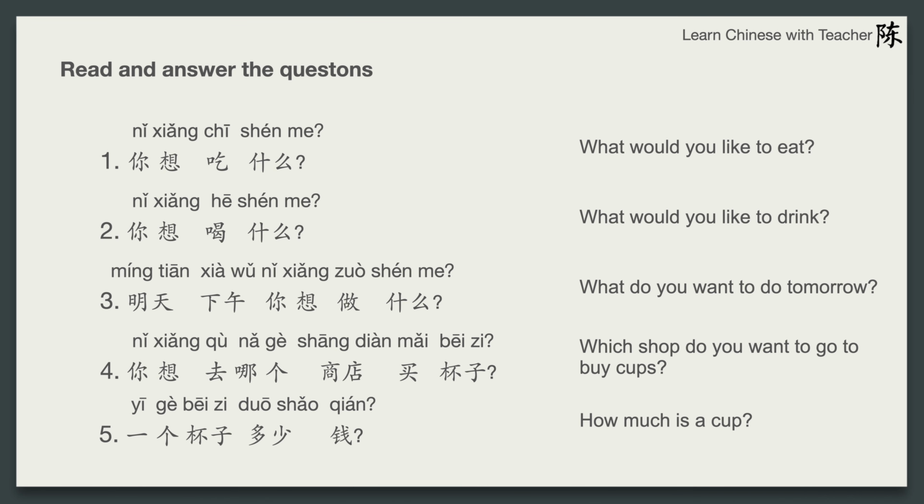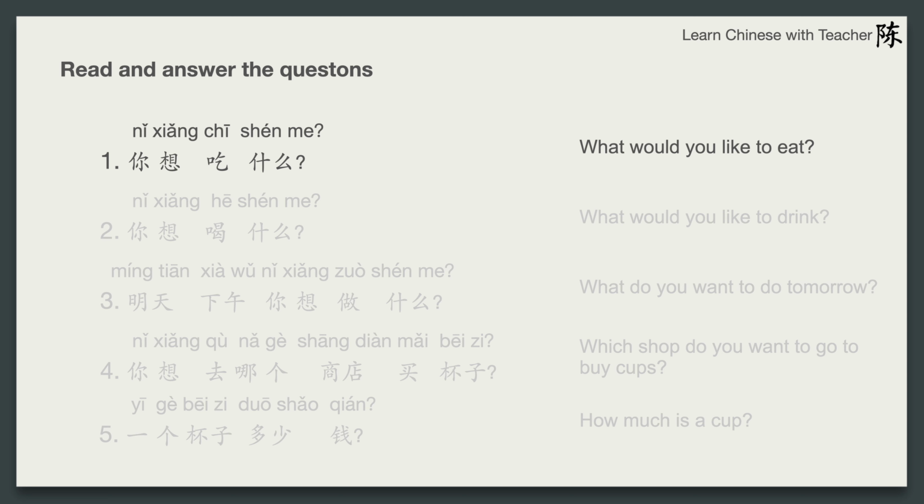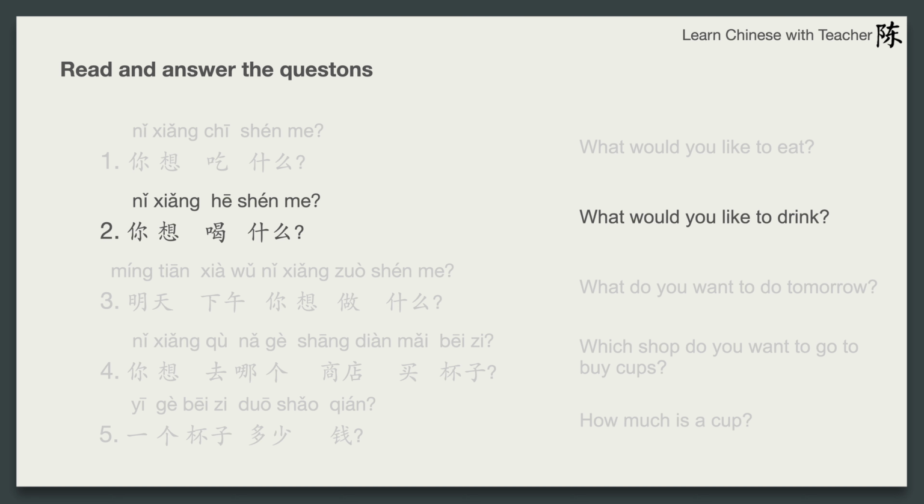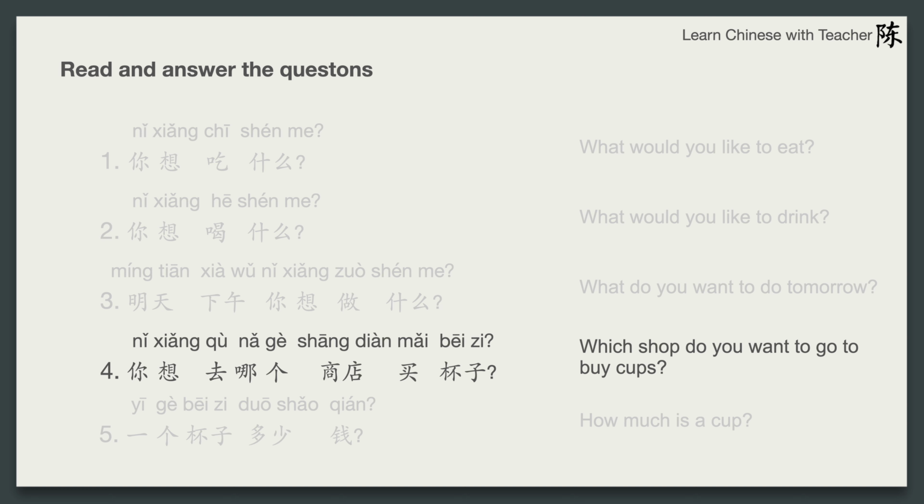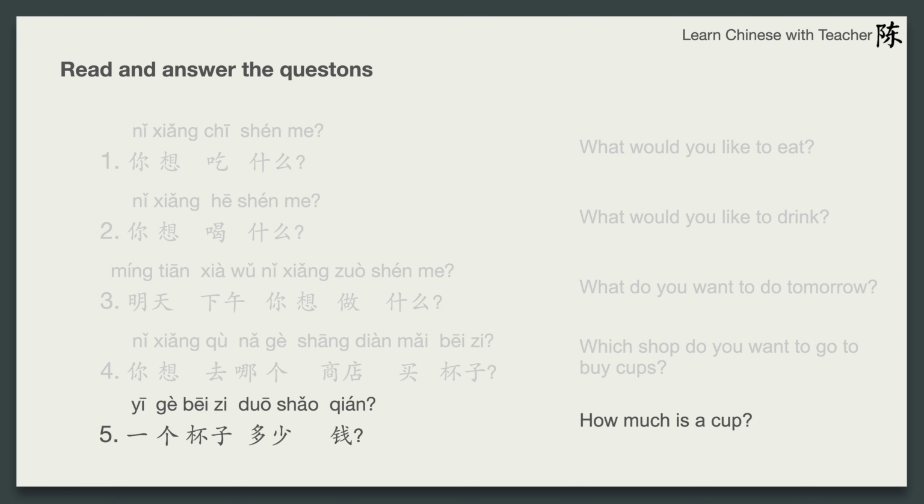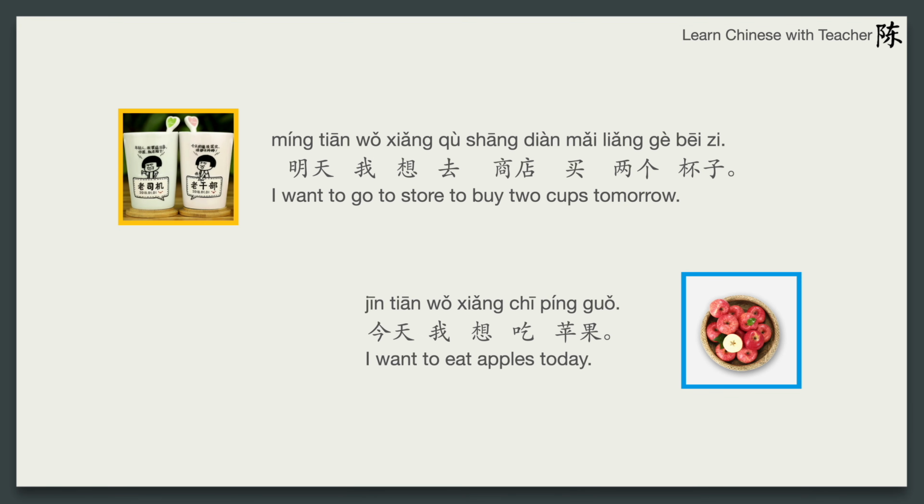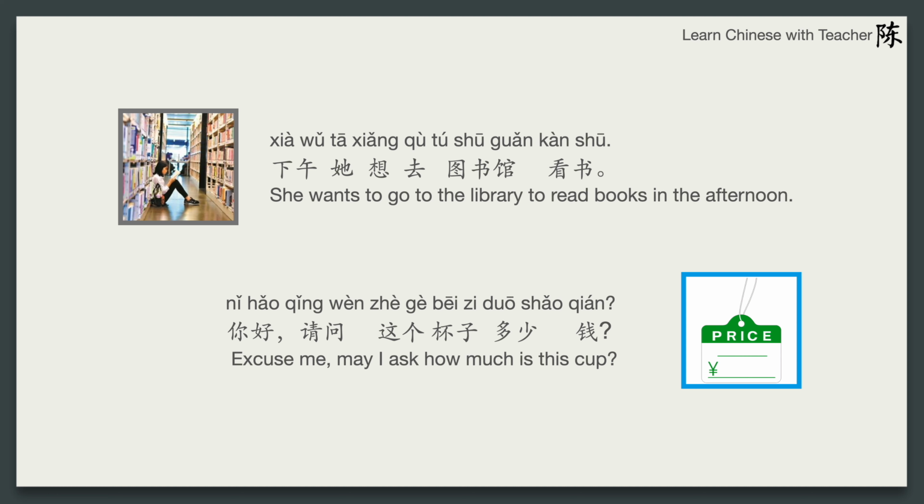The reading practice. 请跟我读。你想吃什么？你想喝什么？明天下午你想做什么？你想去哪个商店买杯子？一个杯子多少钱？明天我想去商店买2个杯子。今天我想吃苹果。下午他想去图书馆看书。你好，请问这个杯子多少钱？